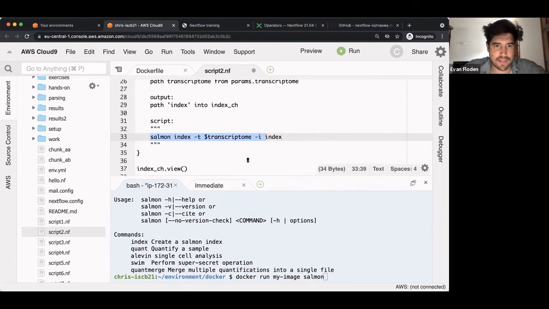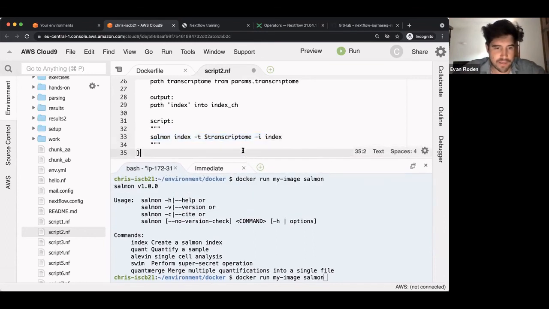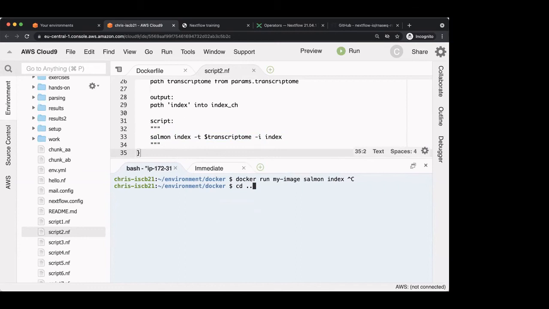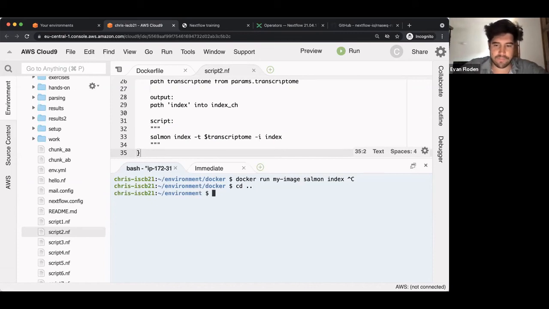Okay, how are we going to do it? Well, the first example you might just think would be docker run salmon index, kind of trivial, and then point it to the transcriptome itself. So I'm just going to cancel here. What I'm going to do is go back one because I want to be in the same location that I'm normally in. So let's go here, cd back one, and I'm going to run exactly as before, docker run my image salmon,